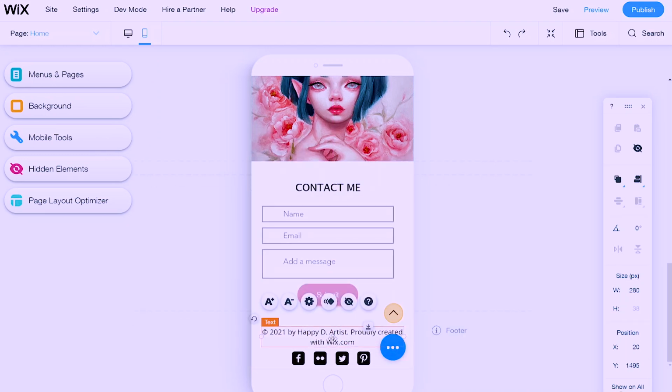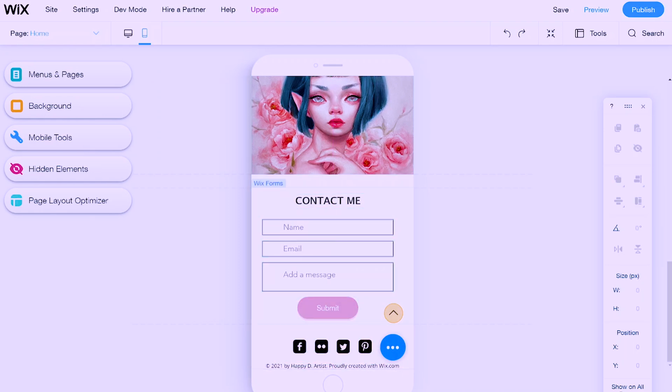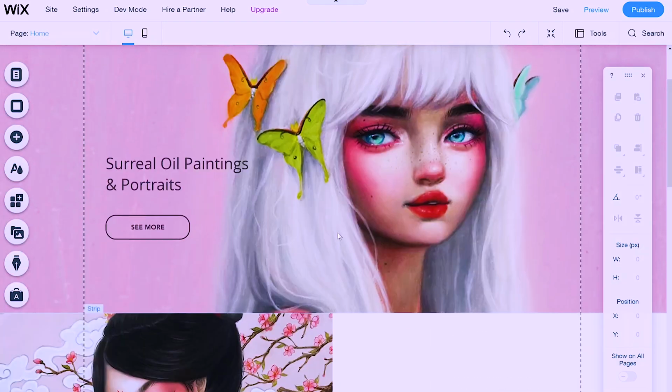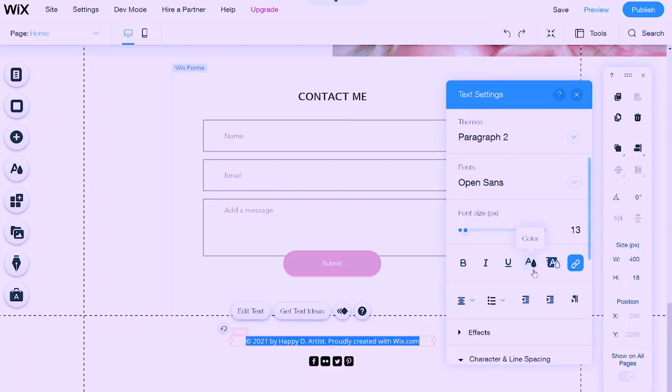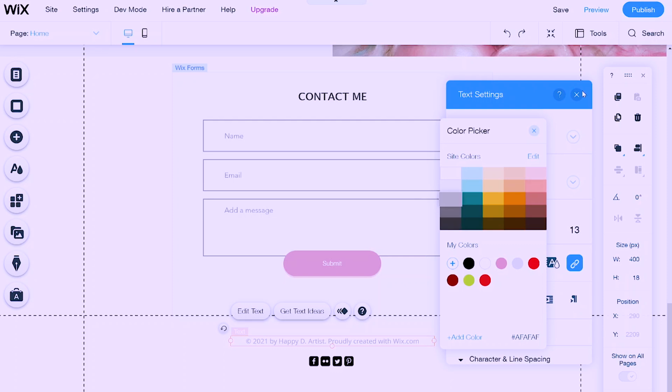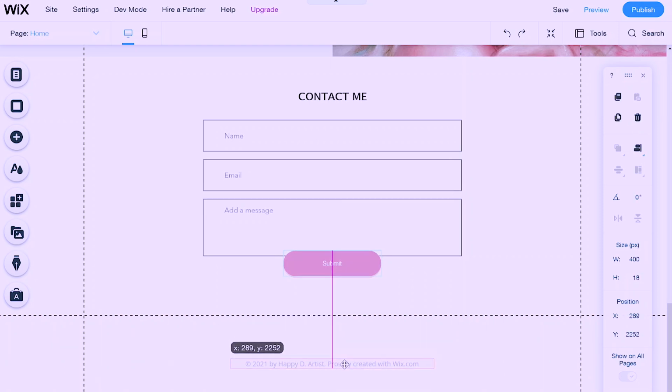So next I'm going to go in and alter the footer that contains the copyright text and the social media icons. First, I want that footer copyright text to be more of a faded gray so that it's not competing for attention. And I'm going to also replace the original square icons with circular ones so that it's more visually consistent with my kind of round circular style buttons.